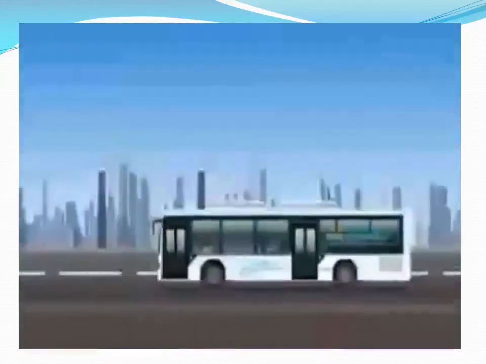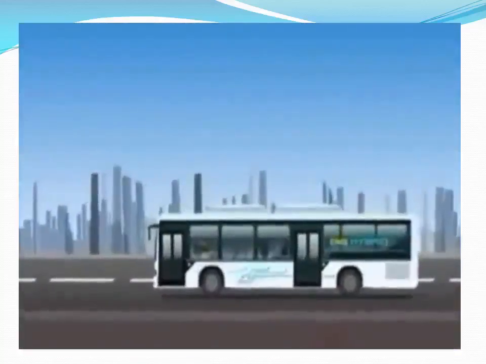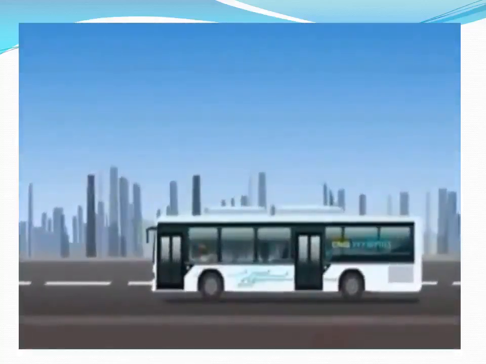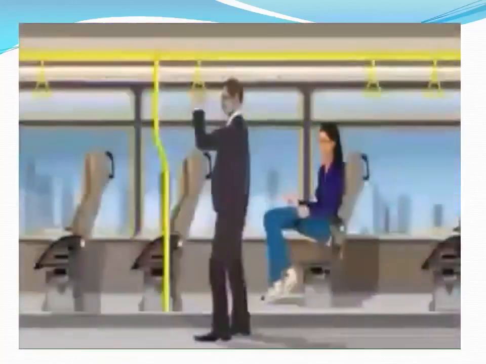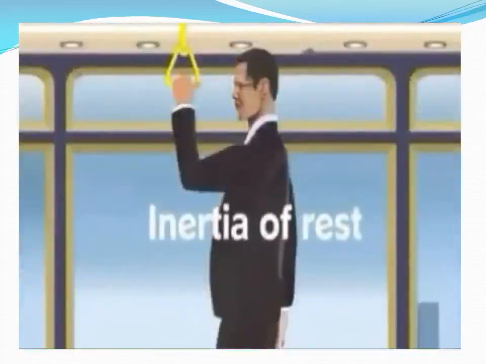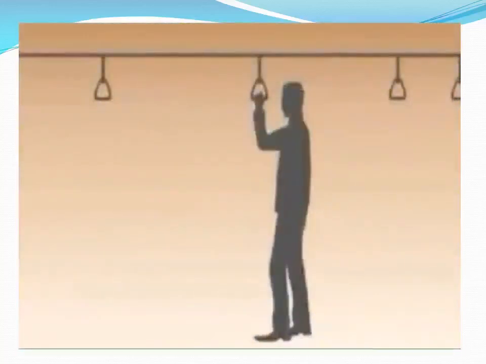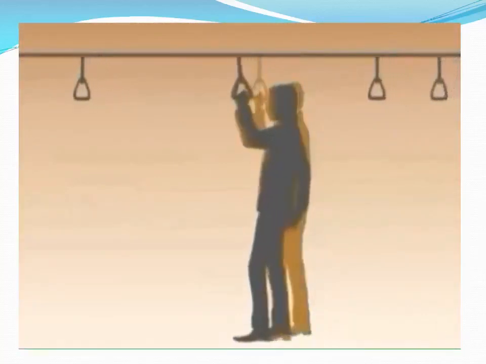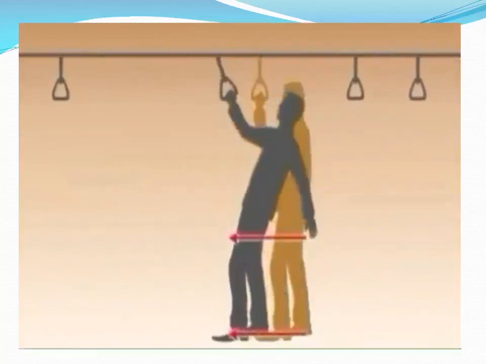Certain experiences that we encounter while traveling in a bus can be explained on the basis of the law of inertia. The passenger standing in a bus tends to move backwards when the bus begins to move suddenly. Why does this happen? This is due to inertia of rest experienced by the passenger in the upper part of his body. That is, the upper part opposes this motion because of his inertia. But his feet, in contact with the floor of the bus, make the lower part of his body move along with the bus. The inertia of rest is the tendency of a body to resist any change in its state of rest.